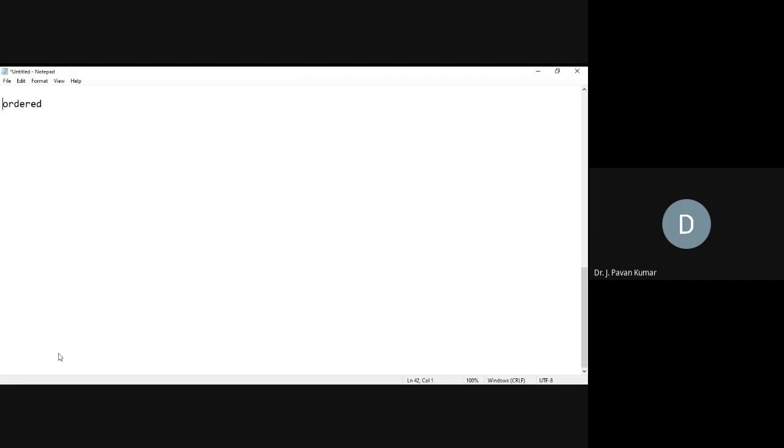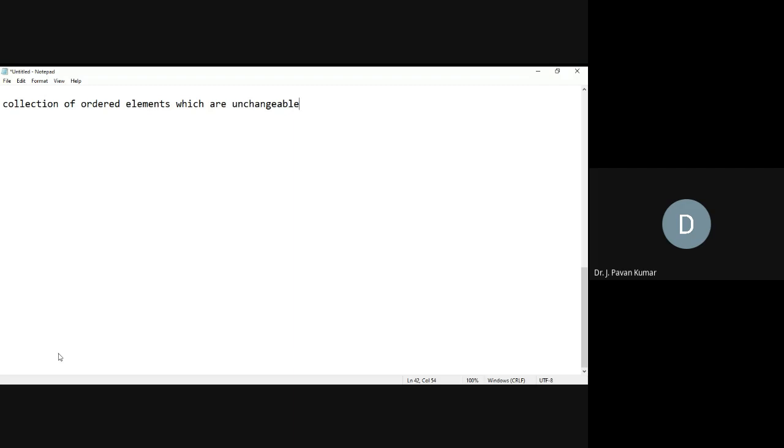List is a collection of ordered elements which is changeable. Obviously, we will get the intuition that if it is not changeable, then what can be the use? That is one doubt you will get intuitively. Collection of ordered elements which are unchangeable.